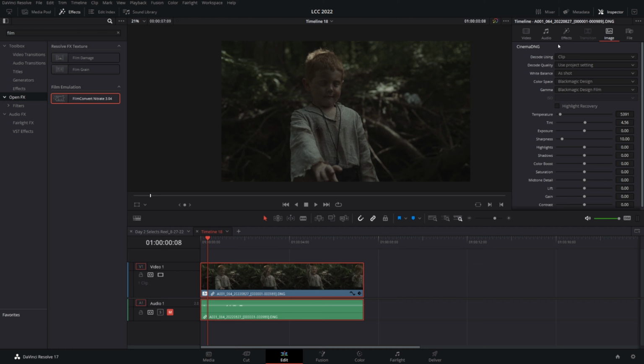What I do first when I go into DaVinci, this is a shot from our new Star Wars film that we're working on. It's our buddy's nephew Trevor here, doing a great job using the Force on some rocks. I'll come over to the image tab, which is where you have all the raw settings for Cinema DNG. Go to clip here so that we can work with just this clip instead of the project default. I'll go ahead and set this to Blackmagic Design and Blackmagic Design Film to get us into Blackmagic color space,